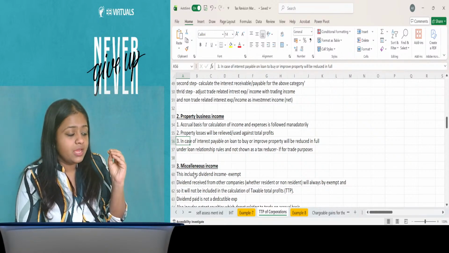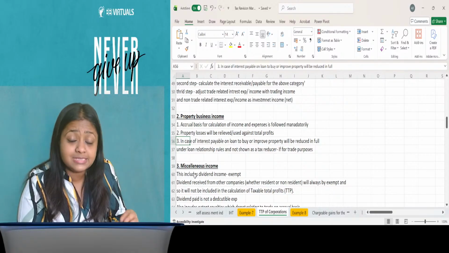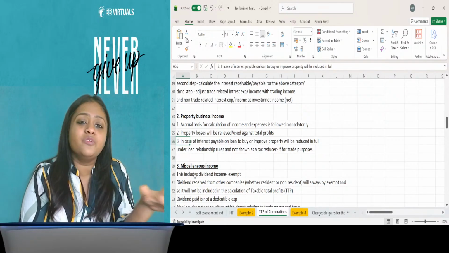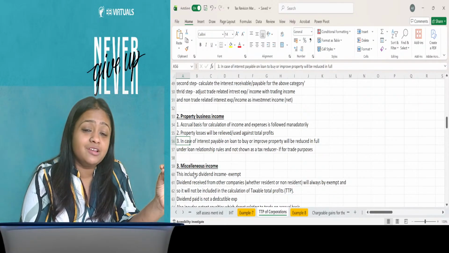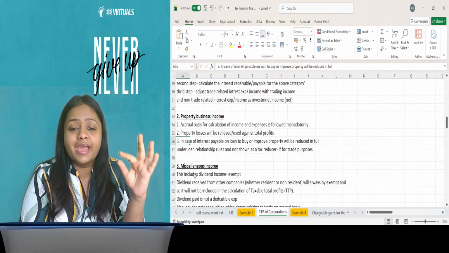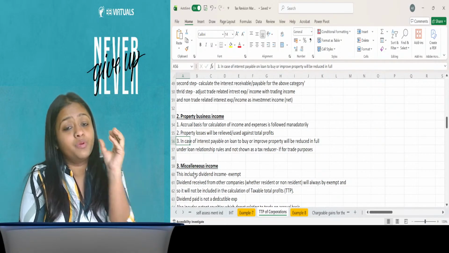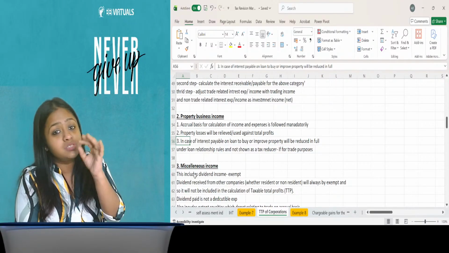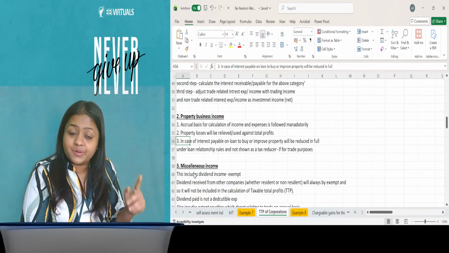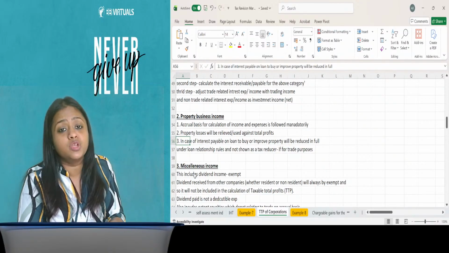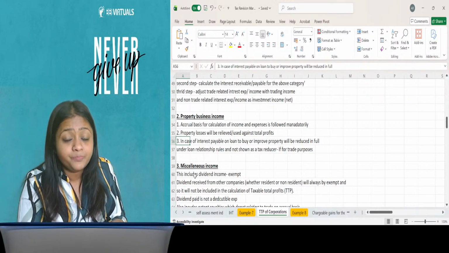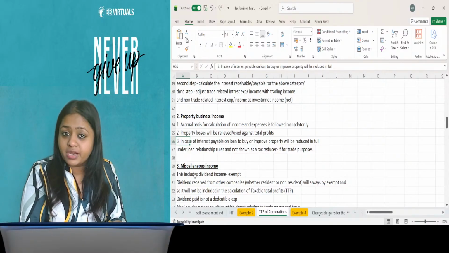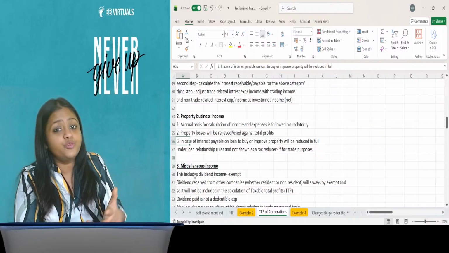Third difference is that here you will follow by default accrual basis, and one of the major differences, the property losses that you have are like free losses. That means now property loss will be used first against the total profit. So when you have total profits, you will first reduce property losses and then only you will reduce the trading losses. So unlike the individuals, it's a freely available loss that will reduce your total profits of the current tax year at the current CAP, and the unrelieved property loss can be carried forward to be used against the total profits of the future CAP.